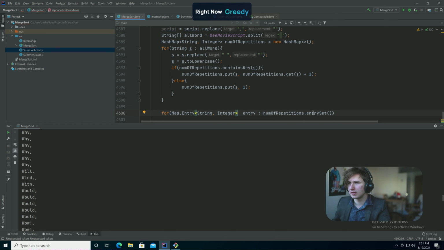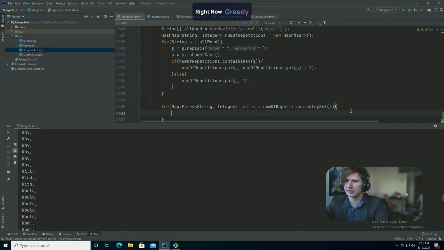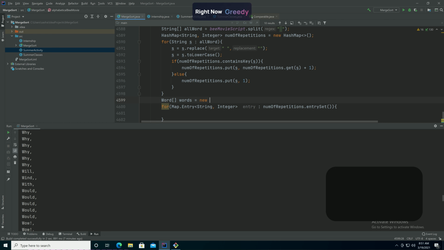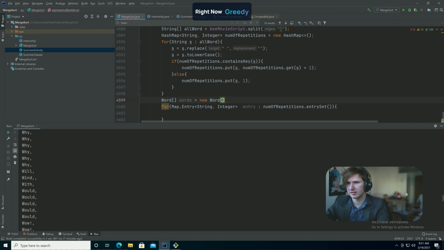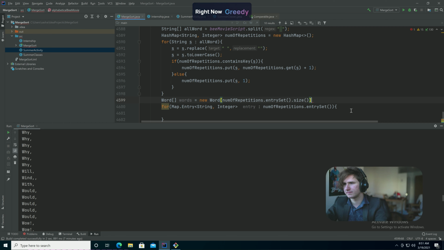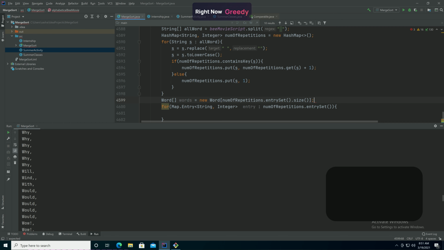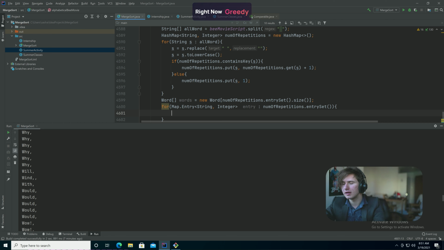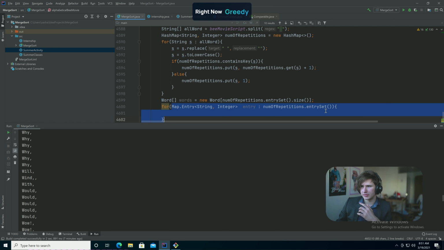entry. In the number of repetitions, we'll say that words word array, and it's going to be the size of number of repetitions dot entry set dot size. And then we'll of course say words dot add. No, we'd have to do an indexed for loop. So we'd have to say for map dot entry we'll have to say for,